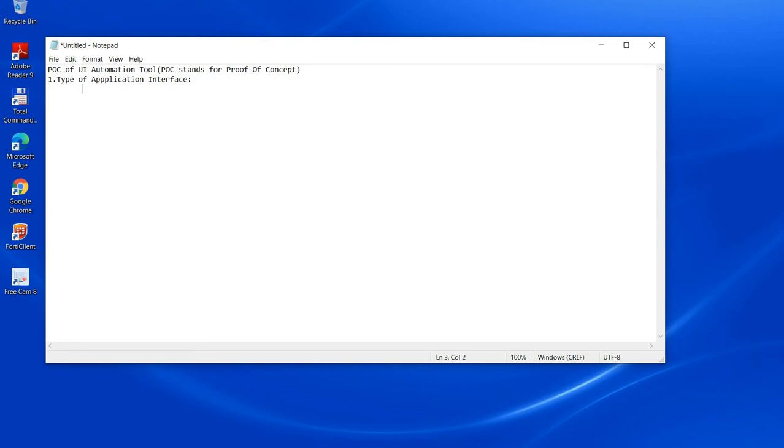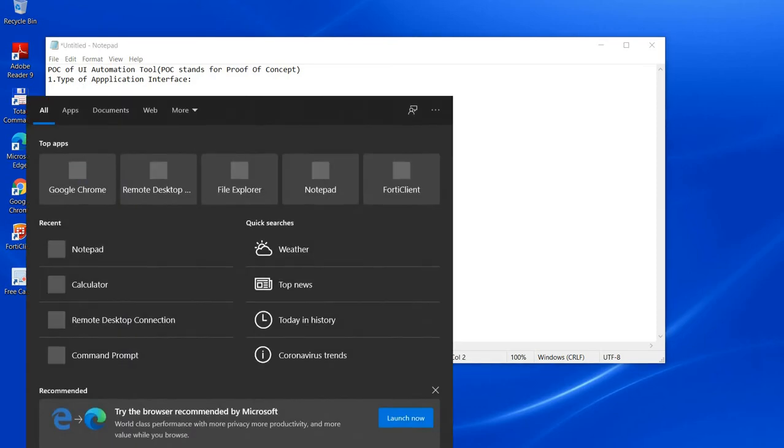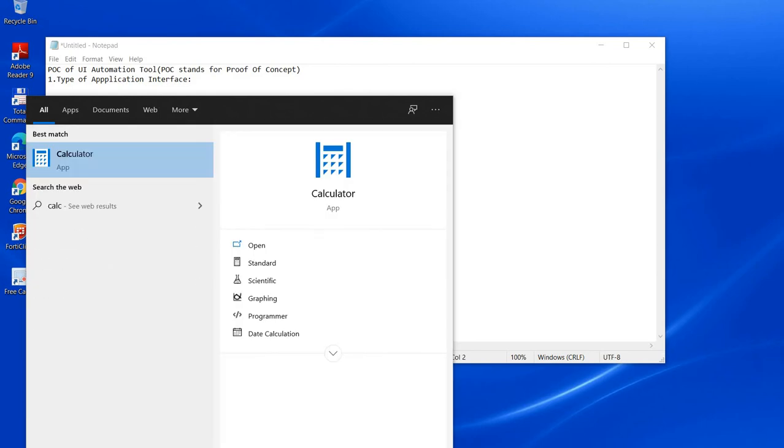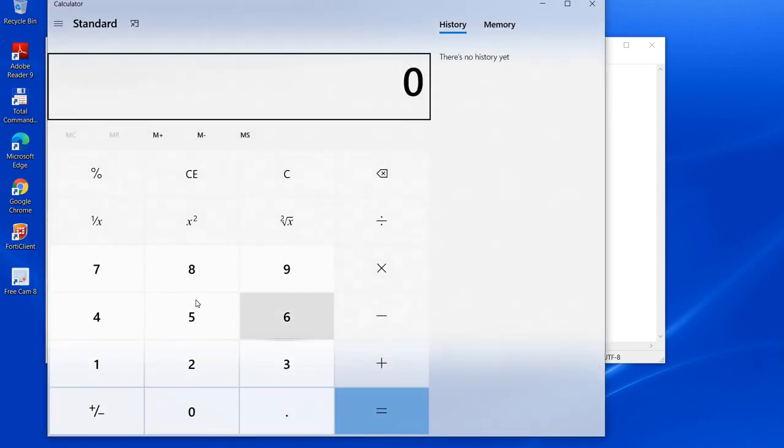So let's take an example here. Let's say I have this calculator application to test. 2 plus 2, I want to test the addition functionality. As a manual tester, how would I interact with the application for this kind of testing? If we decide to test through the UI side, I'm not talking about any backend testing here, guys, not REST API or web service or anything. Let's stick to the interface, right?